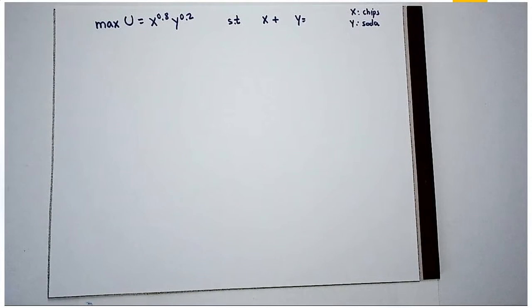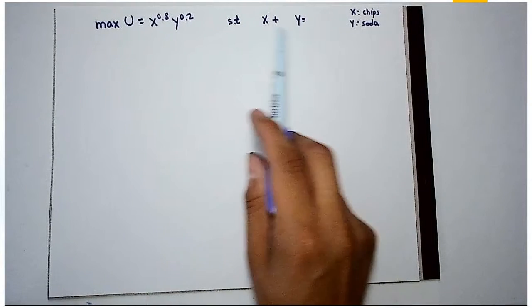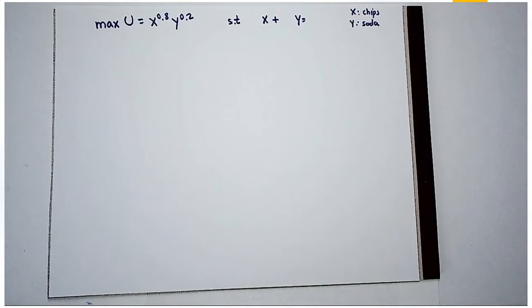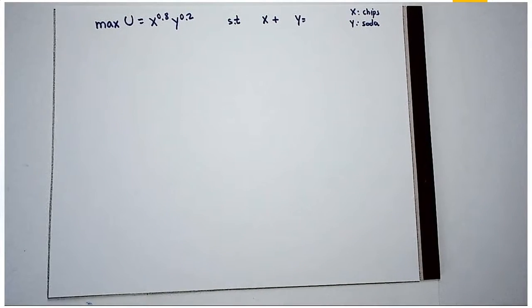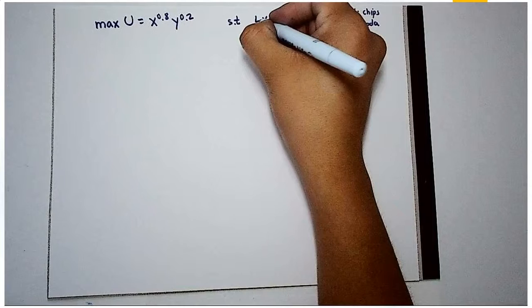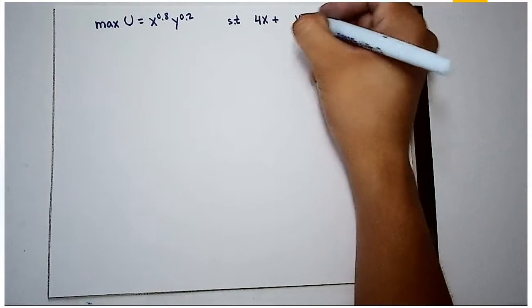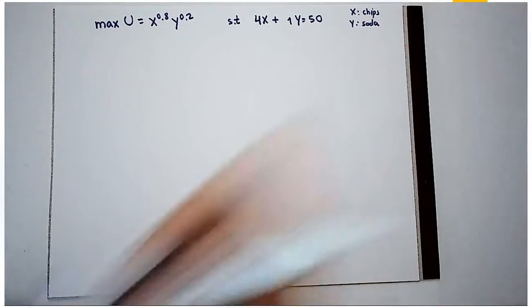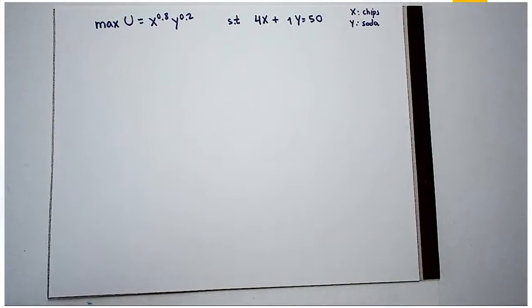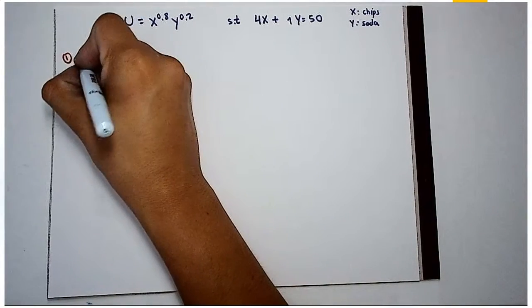Here we have our utility maximization problem, in which we have the utility function subject to an income constraint, where x is chips and y is soda. The price of x is $4 per bag and the price of soda is $1 per can, and we have $50 to spend. First, our task is to solve it